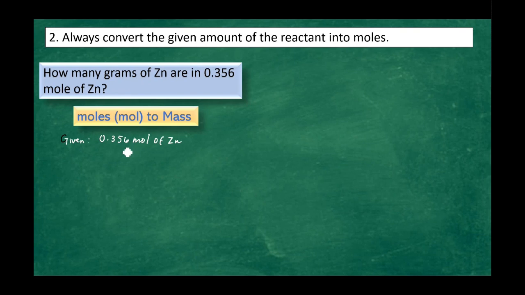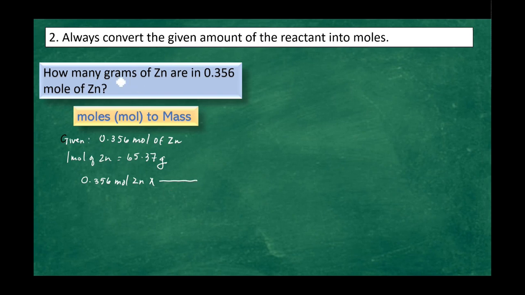What's its atomic mass? Okay, so it is 65.37. So 1 mole of zinc is equal to 65.37 grams. So this is how you create the molar mass in this type of conversion. Okay, so let's write the given, 0.356 mole of zinc times,